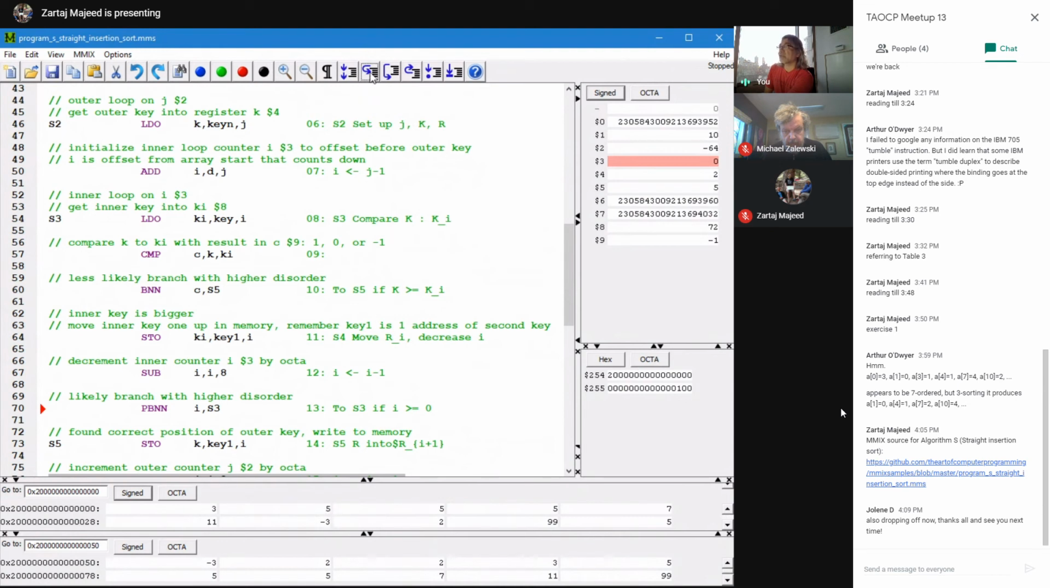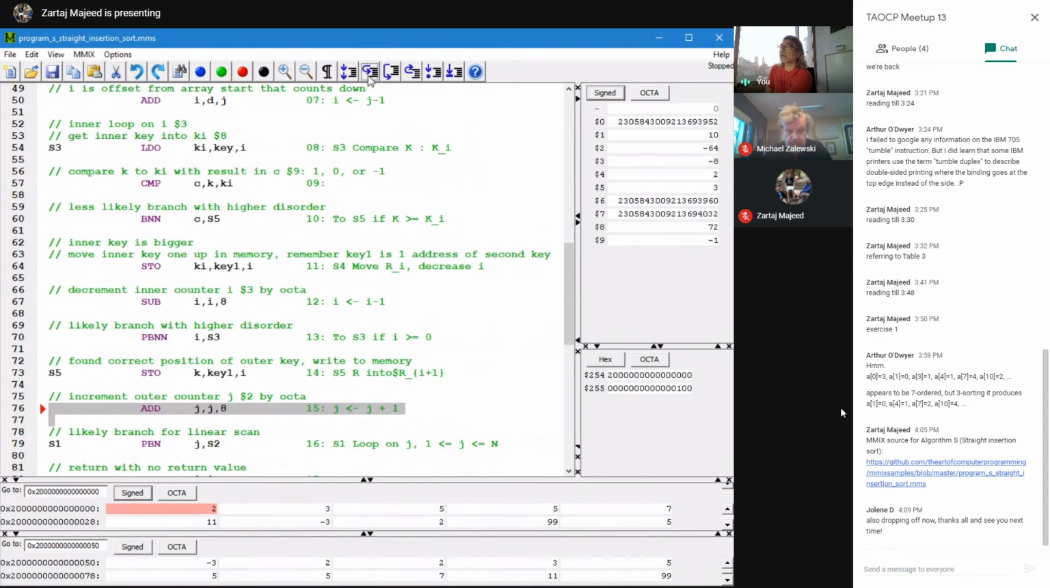So now we're going to compare it to 3, and then we'll find that 2 is less than 3, which means that 3 moves up, and then we'll find that we're at the beginning of the array, and at that point we're going to write the 2 to memory. So now we've got the first 3 entries sorted. We've got 2, 3, and 5, and we're going to continue with the next